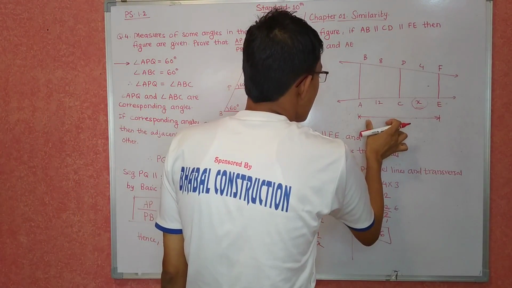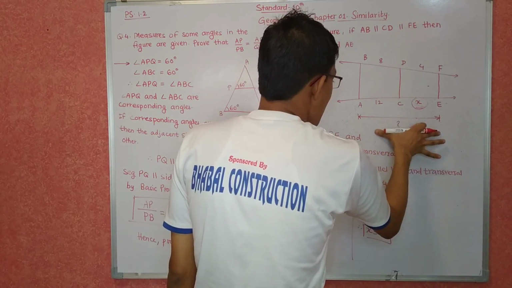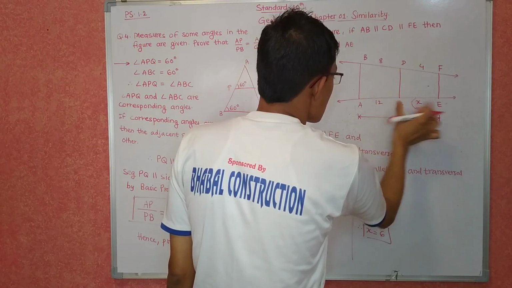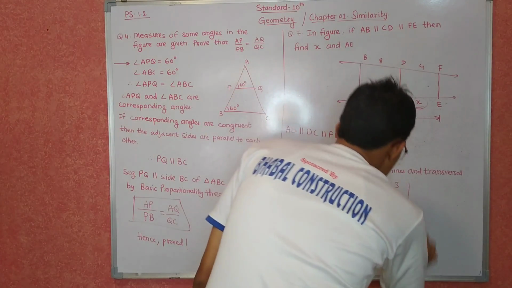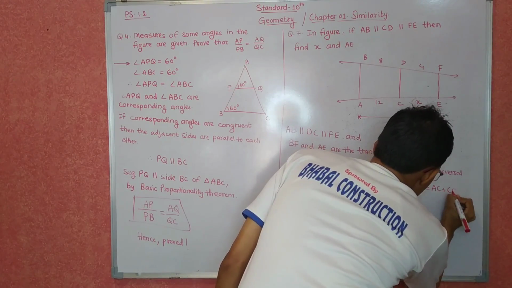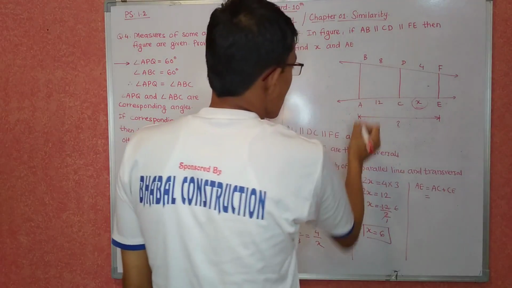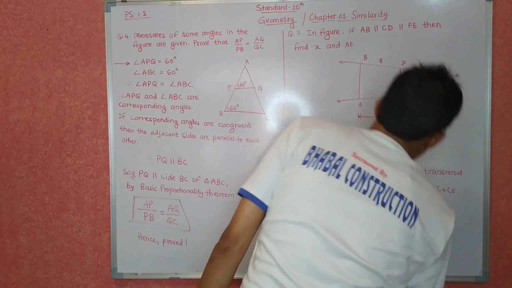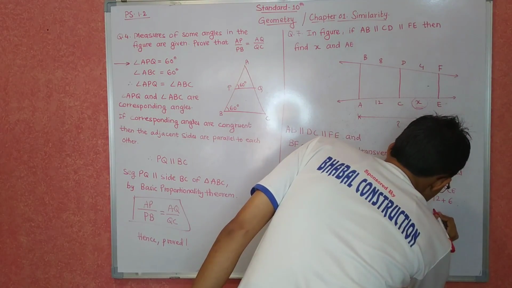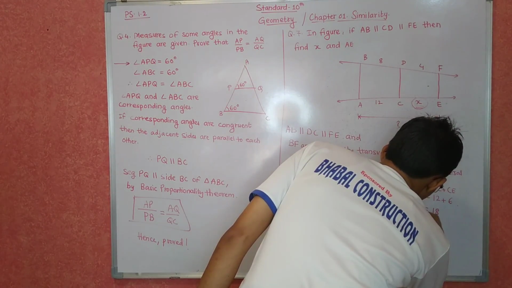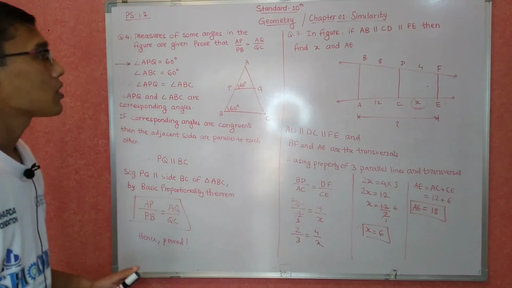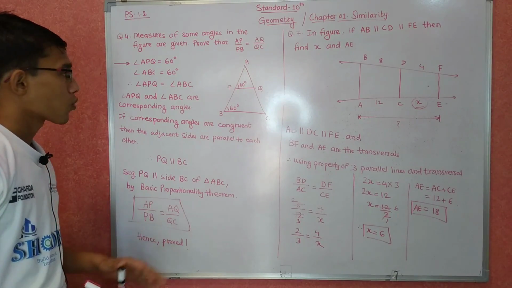Now we know that AE is nothing but AC plus CE. AE का complete dimension क्या है? AC plus CE है. So AE is equal to AC plus CE. AC क्या है हमारा 12, CE क्या है हमारा X और X की वैल्यू क्या है हमारी 6 है. So 12 plus 6 क्या हो गया 18. So AE is equal to क्या मिला हम लोग को 18. Okay, so this is the way to solve this question.